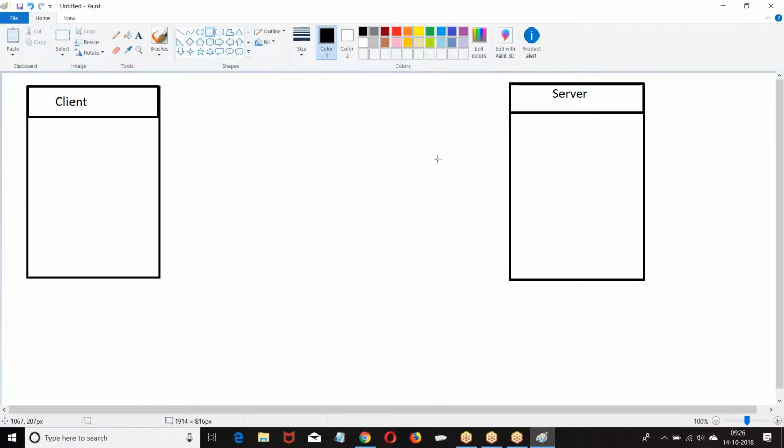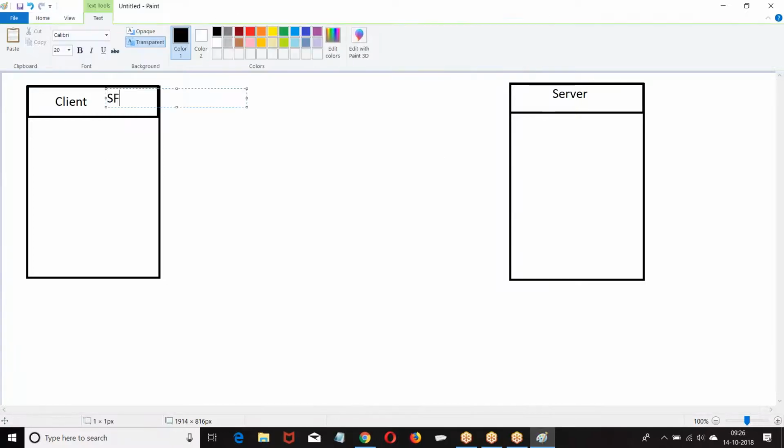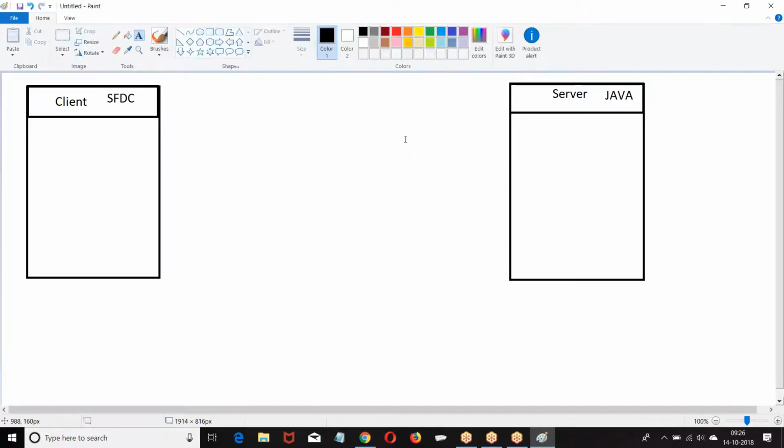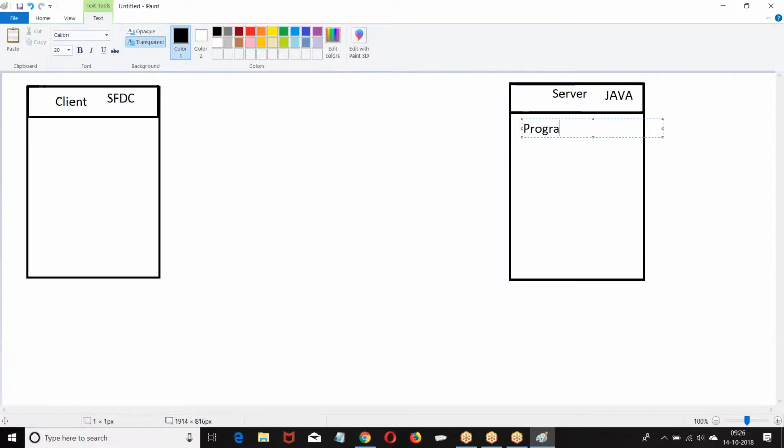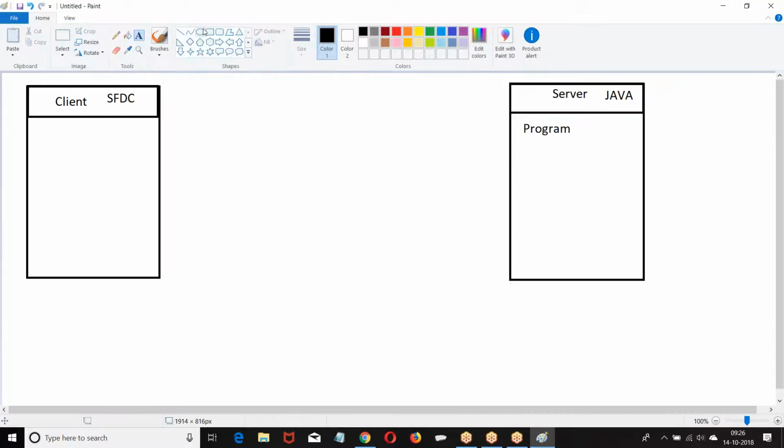Look at the format. When you are going with the client and server, the client is SFDC, let us assume. The server is Java. In Java, they wrote a program which is used to add two numbers and give a result.